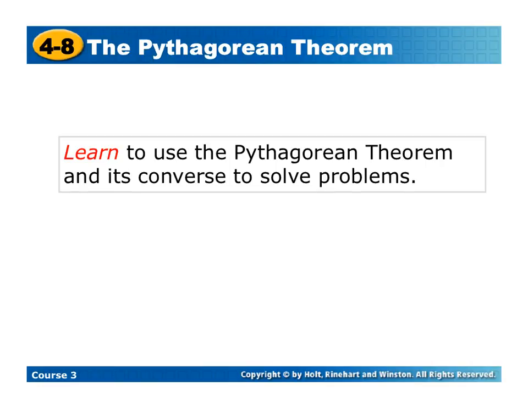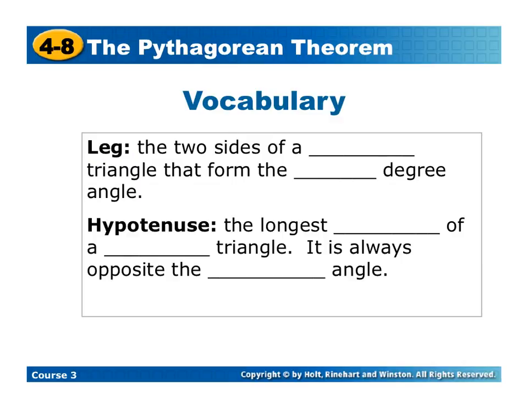Alright, welcome. Today we're going to be looking at using the Pythagorean Theorem and how that relates to our understanding of exponents and square roots. Before we get into the actual meaning of the Pythagorean Theorem, there's a couple vocab words that we need to understand. So the first one is a leg, which is defined as the two sides of a right triangle